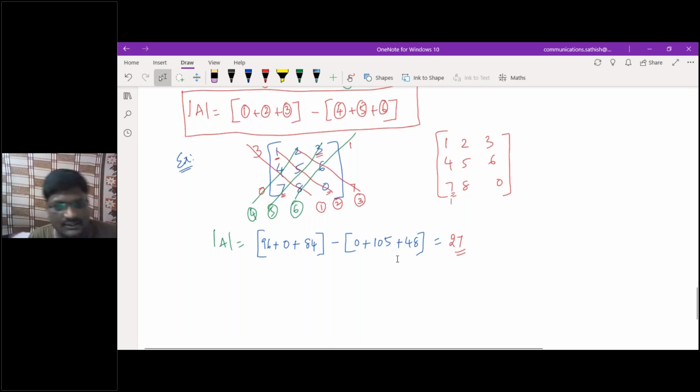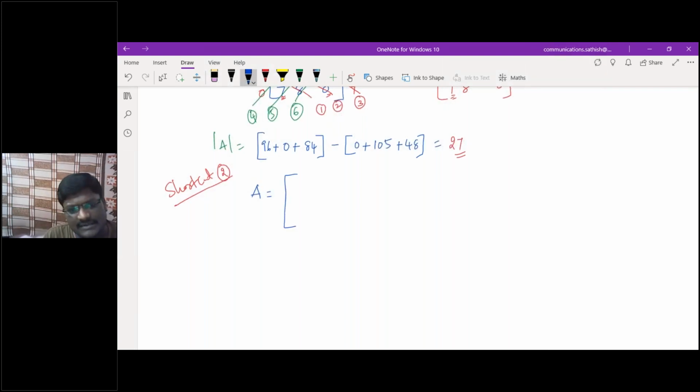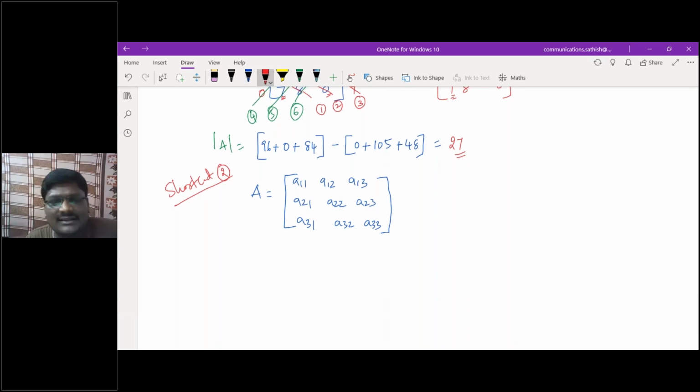And I'm giving one more shortcut also for the same matrix. Shortcut 2 I'm giving. Whichever you feel comfortable with, that you take. One more shortcut, which is shortcut number 2. See, I'm just taking a matrix capital A, third order matrix only. A11, A12, A13, A21, A22, A23, A31, A32, and A33. Earlier, what did I do? The first column, first element, last element, I wrote oppositely, and last column, first element and last element I took on the opposite side. But here it is not required.